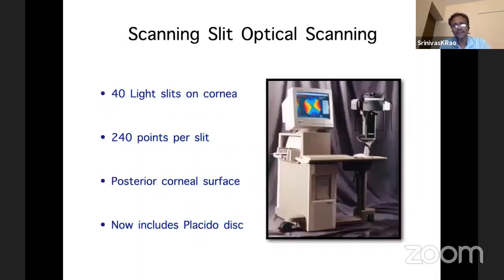The first prototype of this looking at elevation was the OrbScan. So basically, I'm sure most of you have seen it. It gets about 40 light slits which go from one side of the cornea to the other and then go back again. And then it gets about 240 points per slit. And this was the first time we could look at the posterior